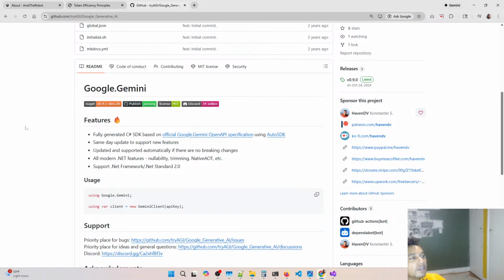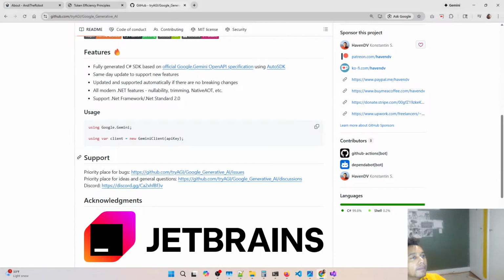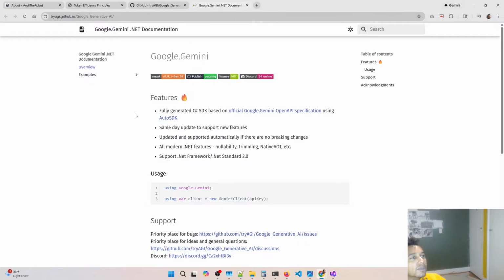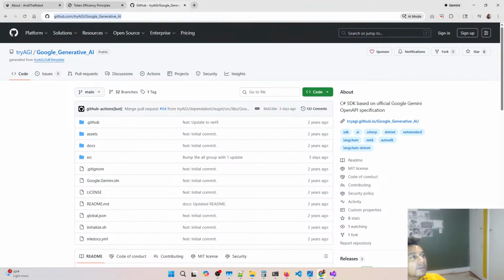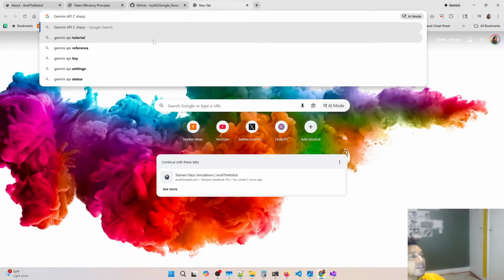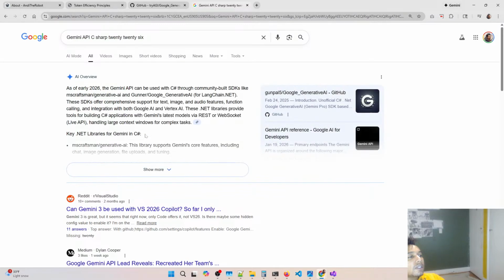3 days ago. It's using Auto SDK. Let's see what this... I'm trying to see if we can just... Gemini specification. Let's go to the proper documentation. We're gonna say Gemini API C# 2026, and let's see if